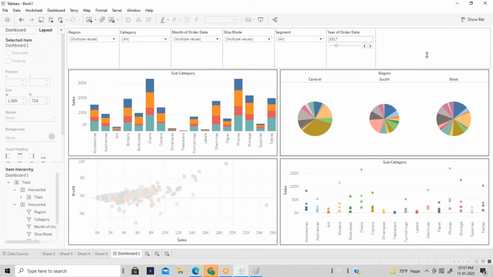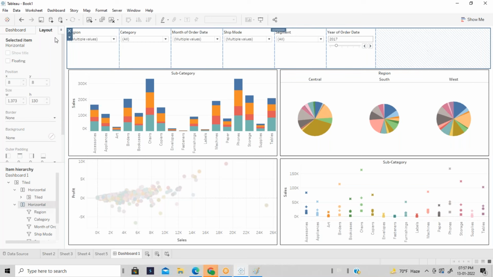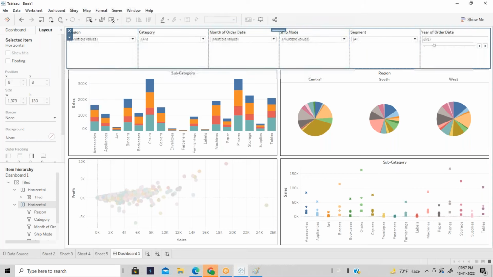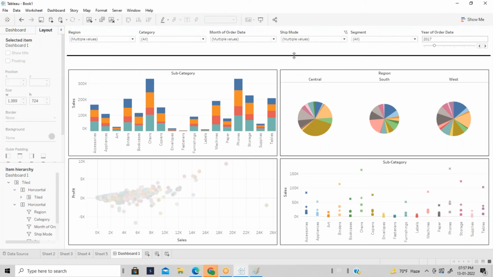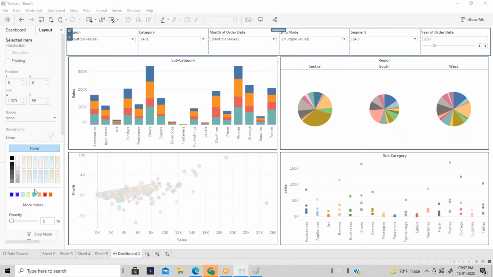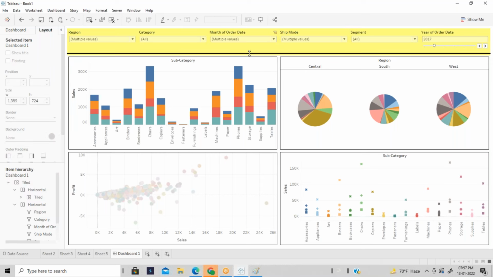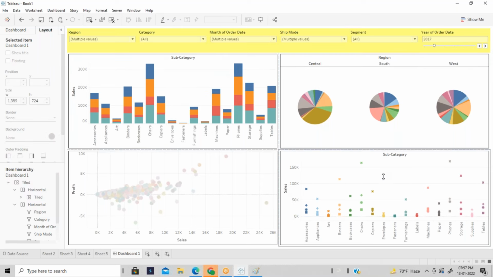Okay. Now I want to distribute this list. I mean, there is just some space, right? So go here, distribute content evenly. That means automatically it will adjust all the sizes. See, when I click here, you'll see this. So all the list of filters on the top, it is coming. Then let's have some different background color together. Looks okay now?